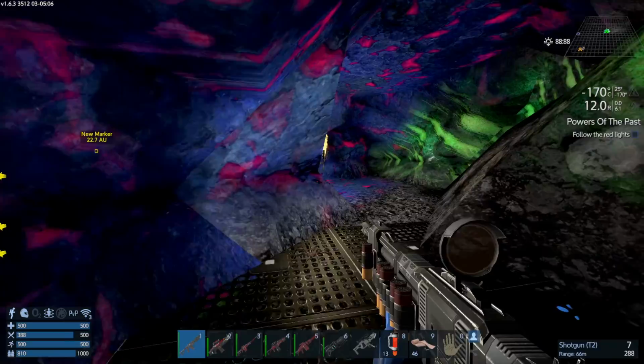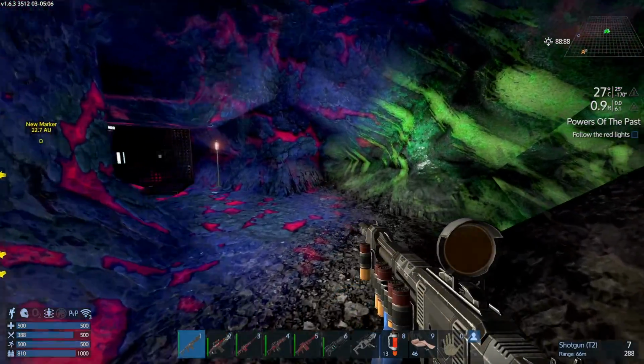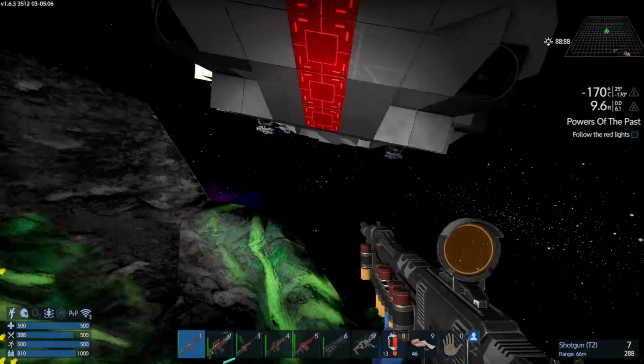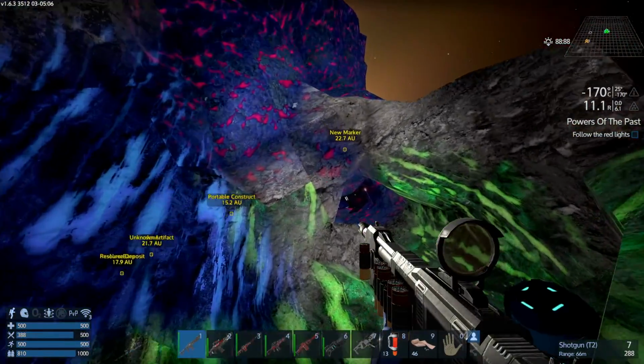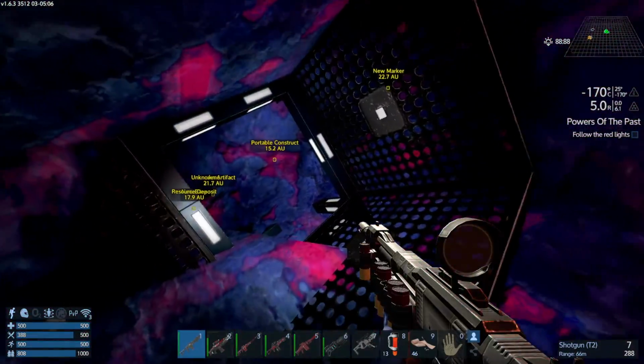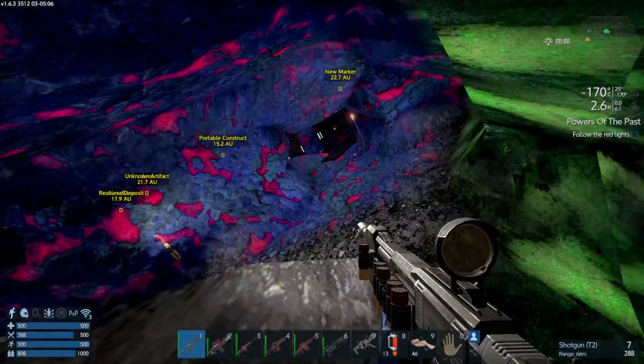Just edge our way along here. You can see the. And here we are. This is where we are back to the ship. So this is our kind of way in this level here. In fact, if we just pull back here,